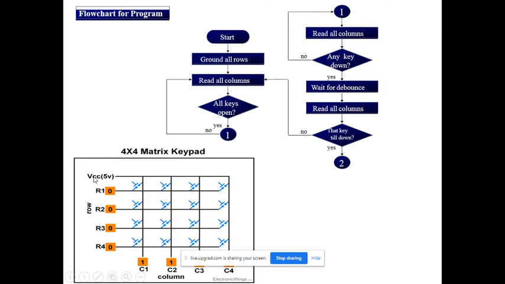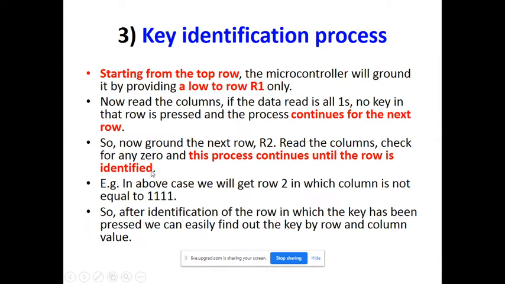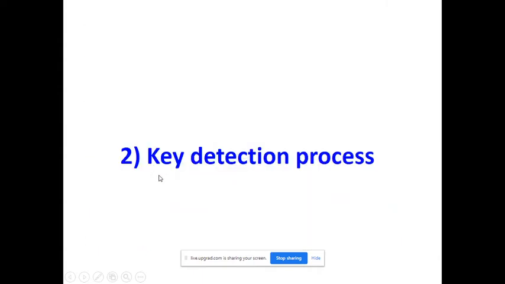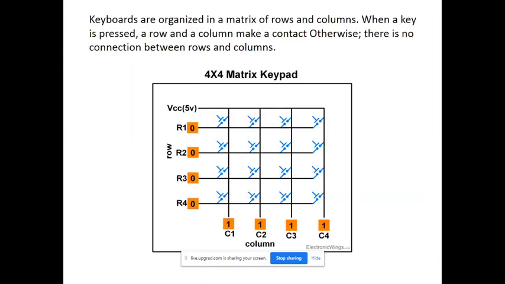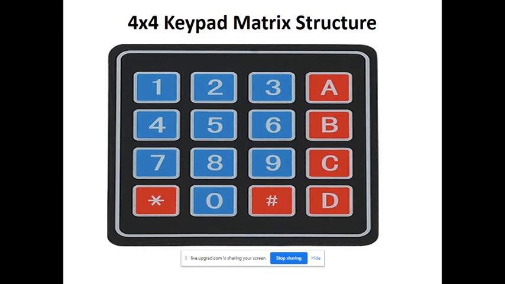Okay, now consider this keypad. It is a 4 by 4 matrix. Otherwise I will show the big diagram. Okay, now just see here, this is your 4 by 4 matrix. There are 4 rows and 4 columns. This is the rows, that is row 0, row 1, row 2 and row 3. This is column 0, column 1, column 2 and column 3. All of you agree for this?